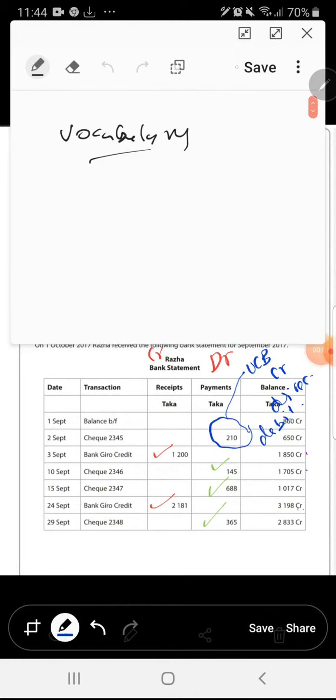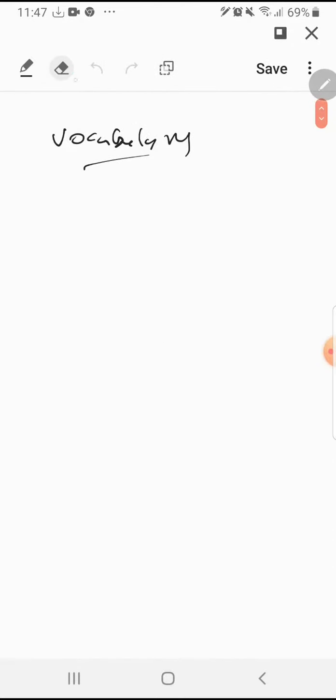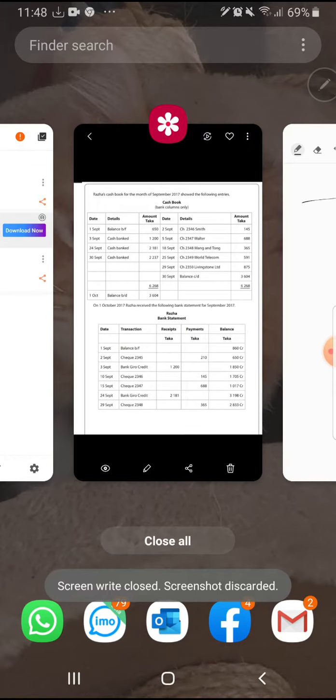Now let's see how to complete a bank reconciliation statement and an updated cash book. In order to complete an updated cash book, you take the closing balance of